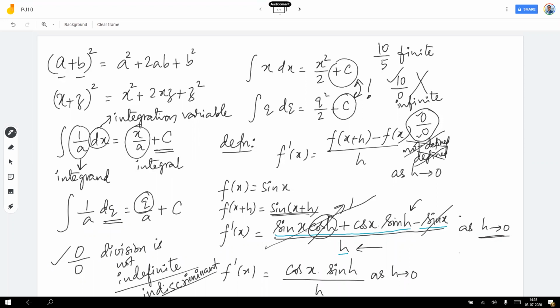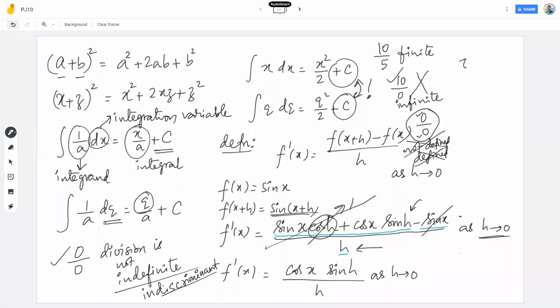Say, for example, if you have x square minus 4 divided by x minus 2. If you try to substitute x equal to 2 in that function, what do you get? 2 square is 4, 4 minus 4 is 0, divided by 2 minus 2, 0. So you will get 0 by 0 form. And by looking at that, you should not say the answer is infinity, or you should not say the answer is 0. Understood? What should I do? Something is making both the numerator and denominator zeros here. 0 by 0 is an indeterminate form. Okay, I think it is called indeterminate.